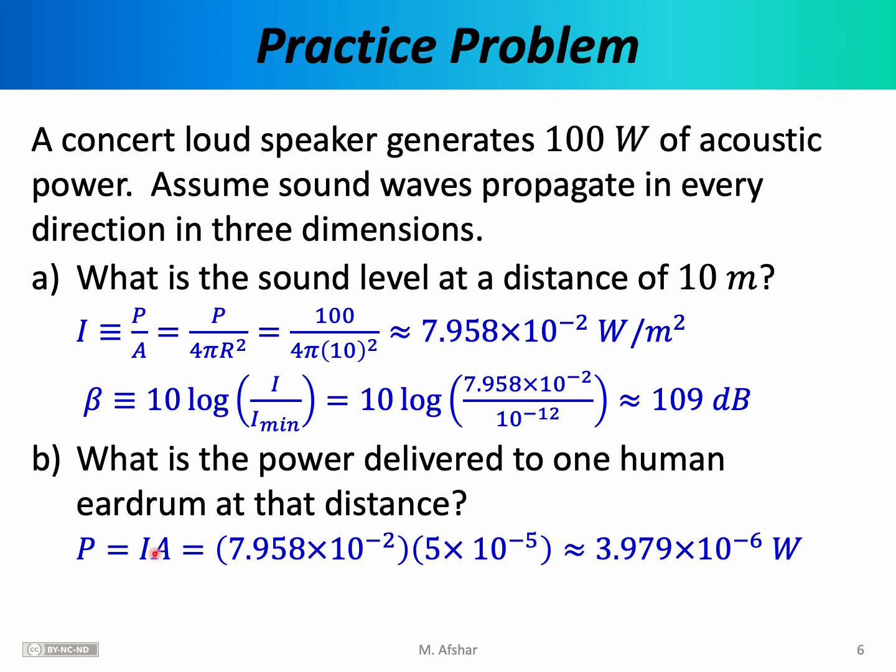We're only interested in the power that impacts the eardrum. The human eardrum, at least one of them, has an area of 5 times 10 to the minus 5th. So when we multiply those together, we find that one eardrum receives 3.979 times 10 to the minus 6 watts